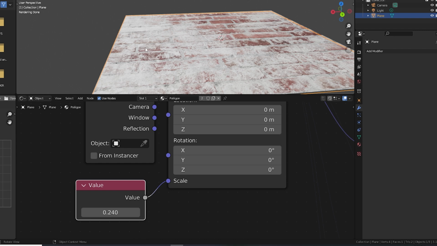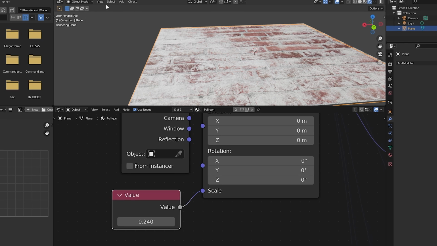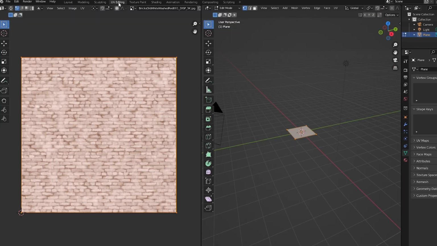But understand that we may have this texture applied to multiple objects, and making it bigger or smaller right here will change the settings on every object that is using this material. So an alternative, and probably the way you should do it, is to go into the UV editor and adjust the scale of the object's UV instead. This on the left is our UV for what we have selected. In this case, it's the entire object's mesh.